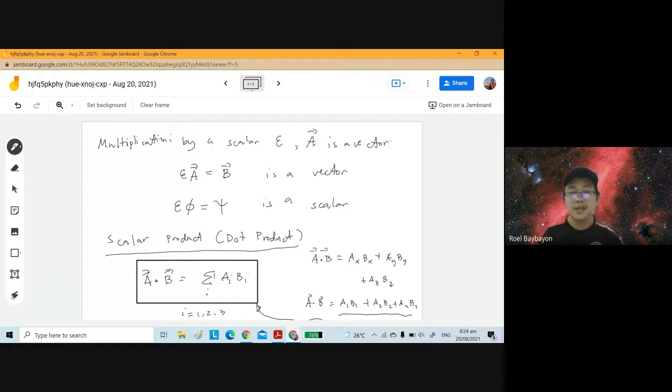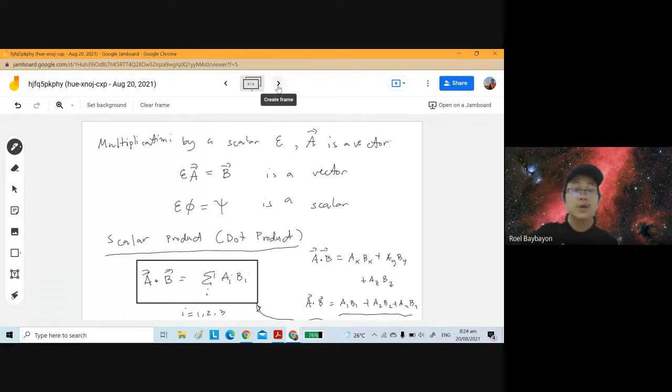Take note of that. Take note of the definition of a scalar product, because later when we prove a triple scalar product using Levi-Civita, that product is equal to this summation. Take note, we will use summation notation later, so that you won't get confused. That product is equal to this one, a summation of AI BI, where I runs from 1 to